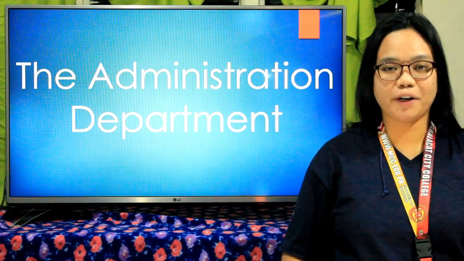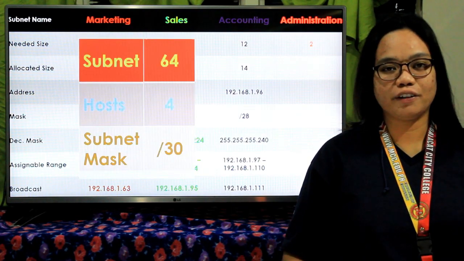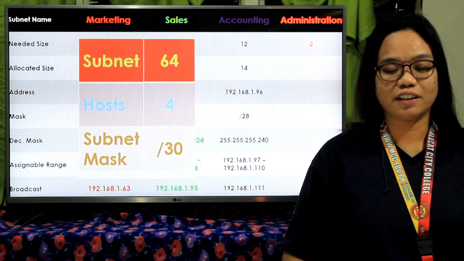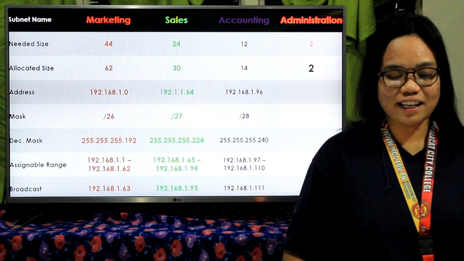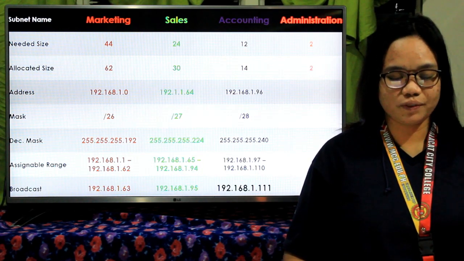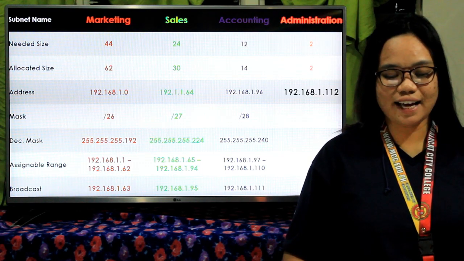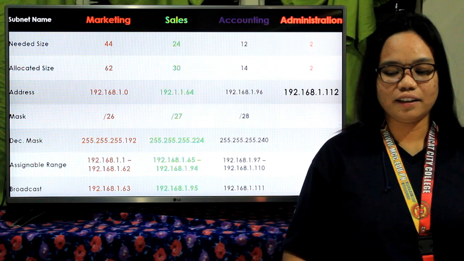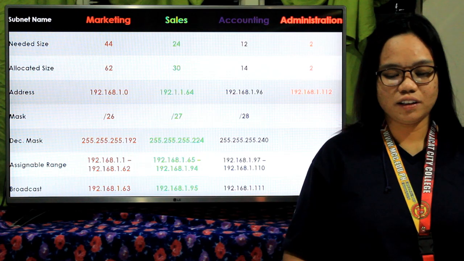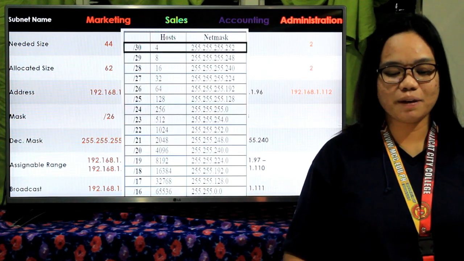For the last department of TICO Go Corporation, which is the Administration Department, it needed 2 hosts. Therefore, the allocated size is 2 hosts, from the original 4 hosts; the remaining addresses will be the network ID and broadcast ID. The last address ID for accounting is 192.168.1.111. Therefore, the address for administration is 192.168.1.112. With 4 hosts, the new subnet mask is /30 with the decimal mask of